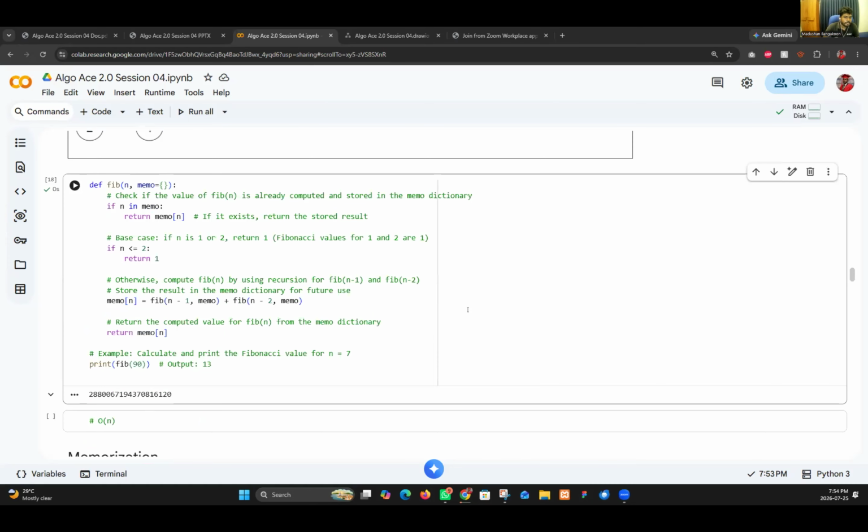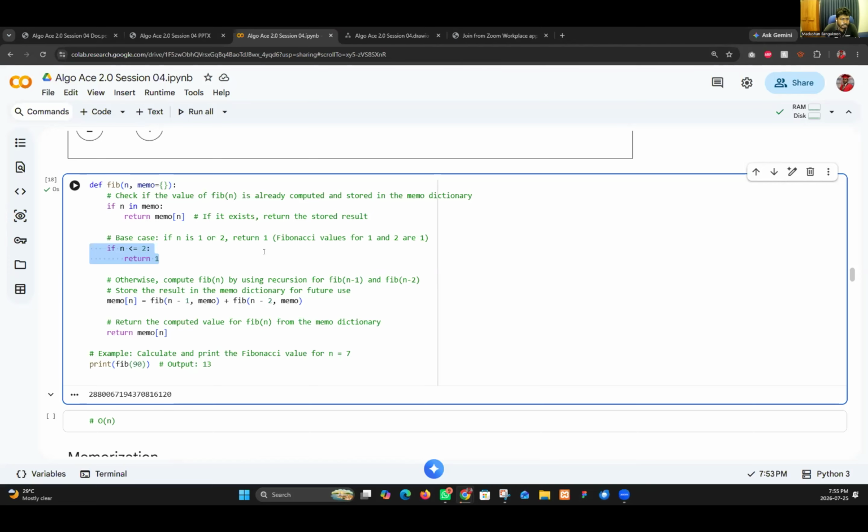So what is the code? It's very easy. Again, you will see like this. This is the same thing. If the n value is less than 1, it returns 1. So what happened in there? Rather than calling a function, rather than returning a value called fib n minus 1 and fib n minus 2, what happened?